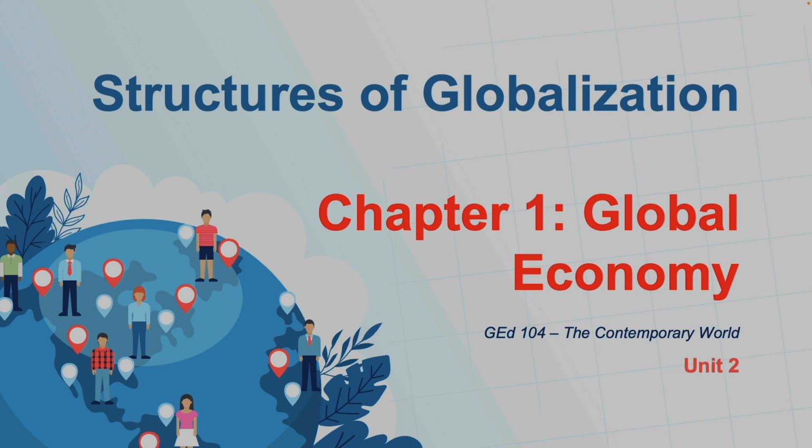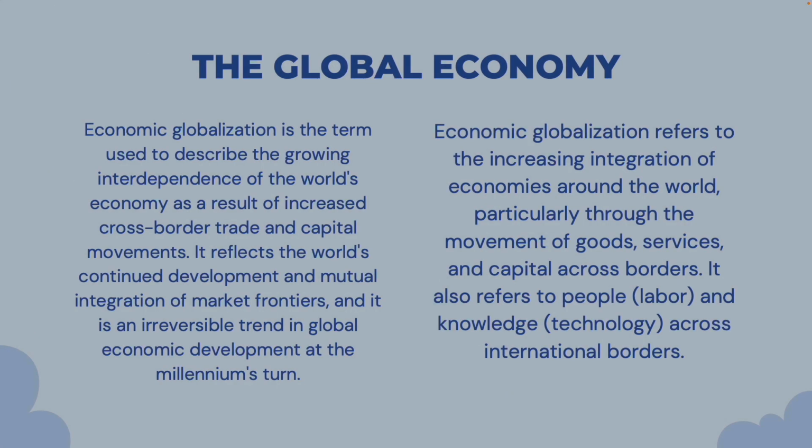Okay, let's jump in. When we talk about economic globalization, what is it at its core? Well, the material we're using describes it as this growing interdependence of world economies. And that happens through increasing cross-border movement. It's not just trade and capital, which people often think of, but also goods, services, people, so labor, and also knowledge, which includes technology. So it's much broader than just companies selling stuff overseas. It's the movement of all these different elements. The text even calls it an irreversible trend. It does, yeah. It sees it as this ongoing development and integration of market frontiers around the globe.